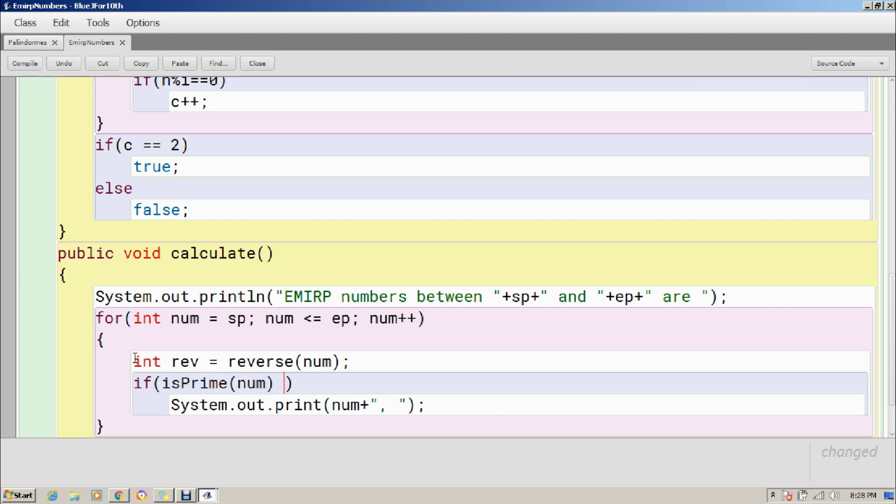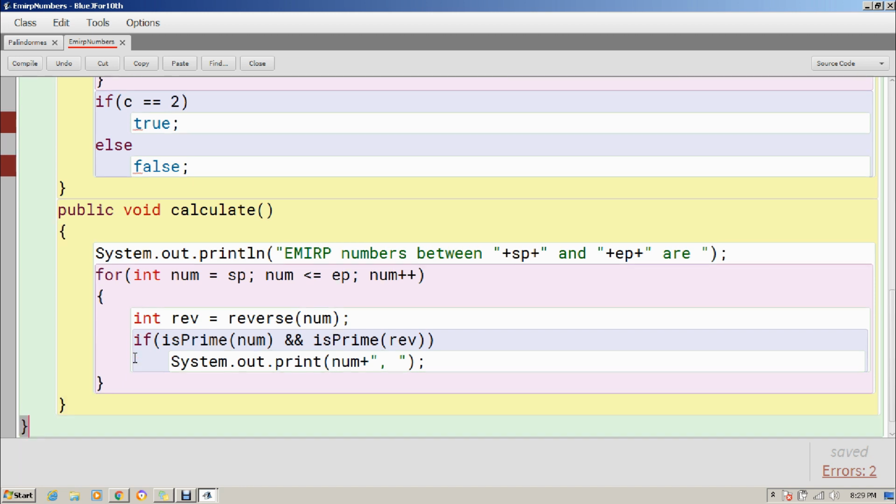And isPrime of rev, so I have called isPrime 2 times, first time with number, second time with reverse, and if both the times it will return true. That's why I have used the logical operator AND. So this if will be executed as true only when the first and the second calls both return true. So if it is true, the number is printed.